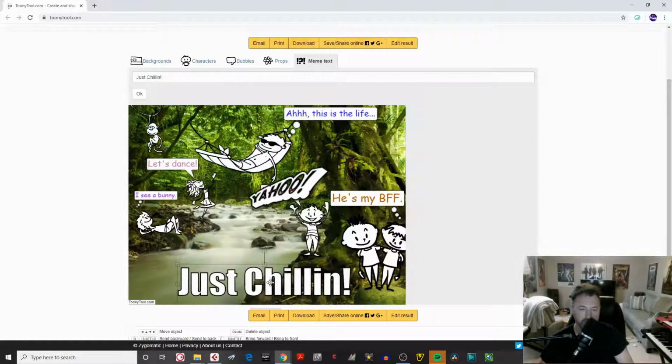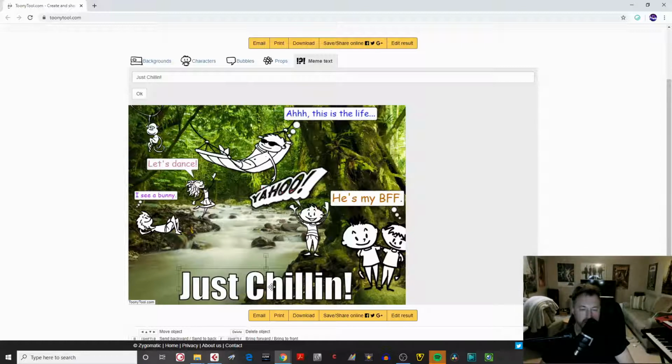Now, I guess one downfall to this, or one thing that isn't too great, is that they're all white. There's no coloring feature in here. In this lesson, I won't show you how to put it into another software where you can actually color these. But for the most part, you can have lots of fun and play around, like I said, with all the backgrounds, all the characters, bubbles. So once you are done and you're happy with your image,